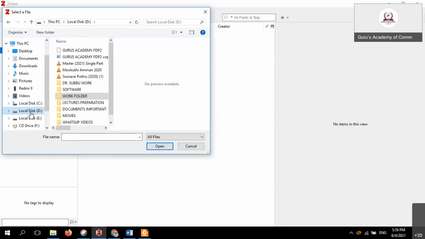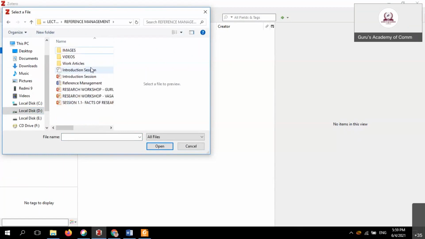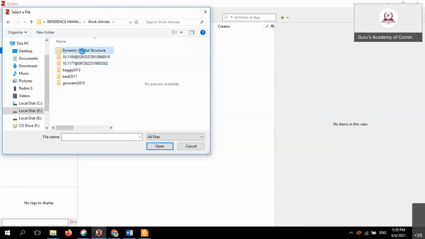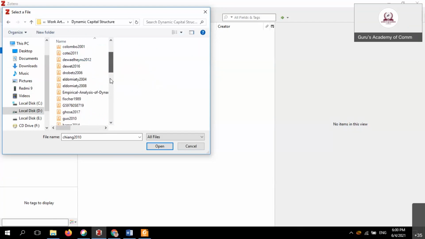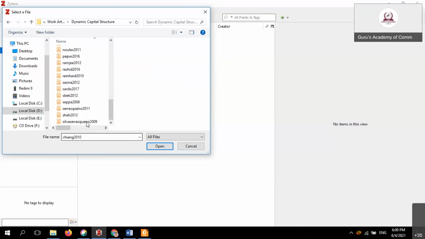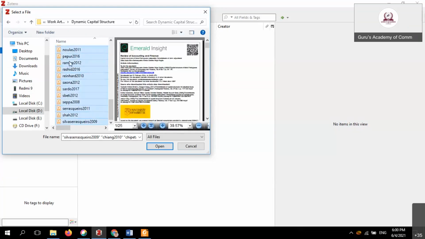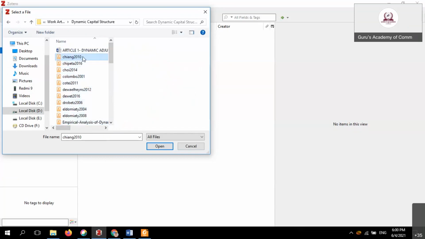Now move into D. I want the lecture preparation for today's lecture, reference management, working articles in this aspect of dynamic capital structure. What do you mean by dynamic capital structure? These are the articles I have already collected and stored in my drive. Select all the files.